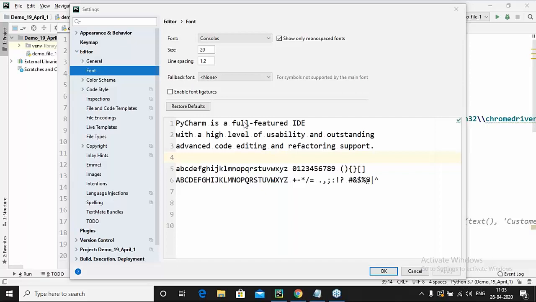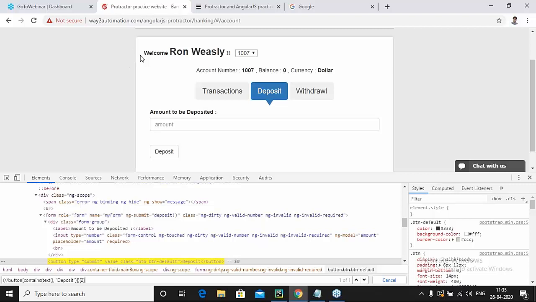So, Nayyar, you are asking the question, why are we using implicit wait again and again, since we've defined it once for all elements. See, Nayyar, whenever you switch from one window to another window, from one web page to another web page, you need to define the implicit wait. Now, if we come here, the first time we used the implicit wait